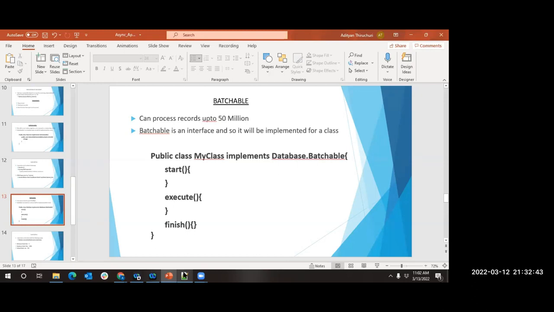How to decide whether we have to go with a flow based schedule or an Apex schedule? Okay, fine. Think like this. By using flow, do you really have the flexibility to execute it every half an hour? If you see that there is a need that something should happen every 1 hour, flow cannot help you. Flow can help you to execute a job daily once. That is the maximum frequency that it can provide you. But if you see a need that something should happen every 30 minutes or every 1 hour, then flow is not the place for you.